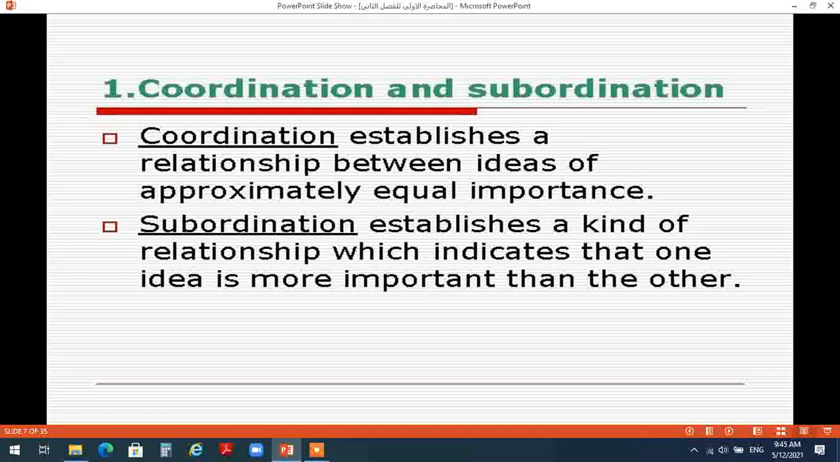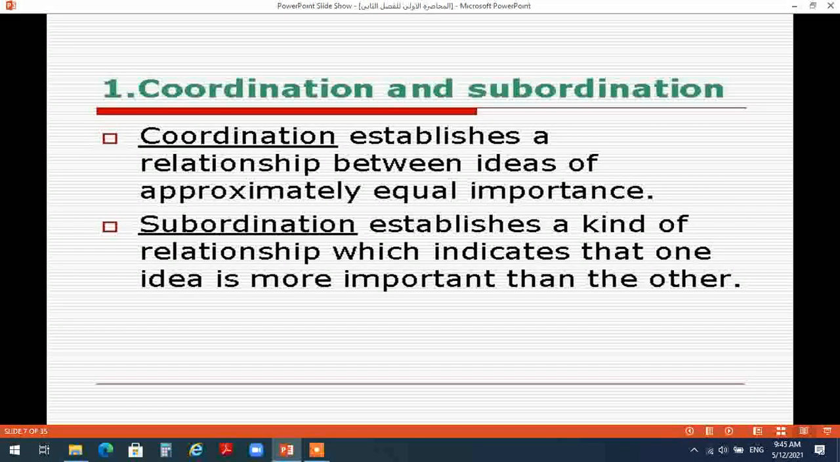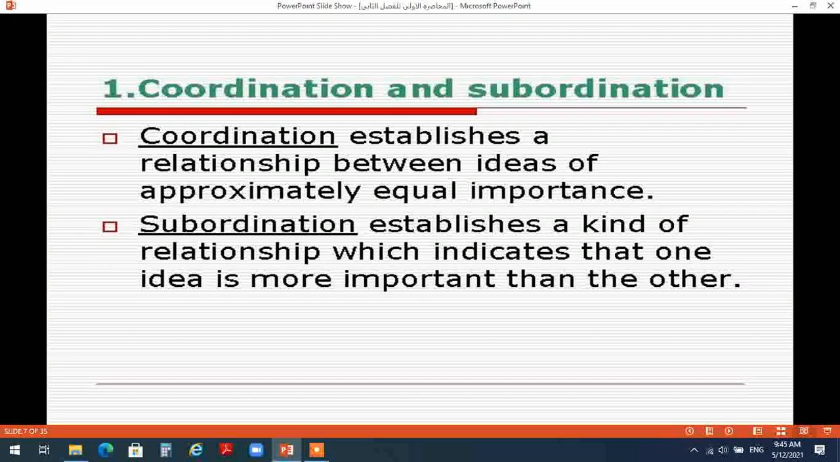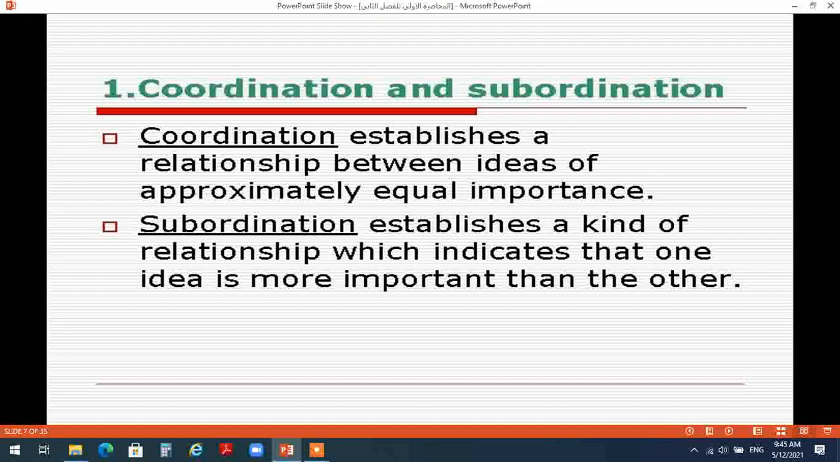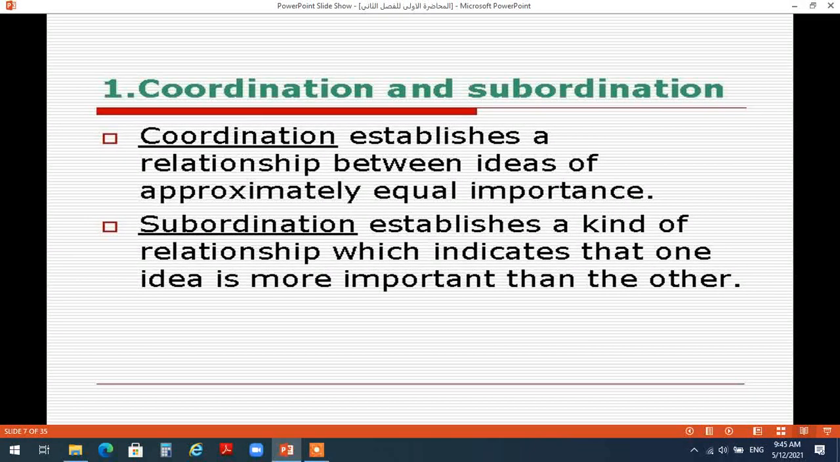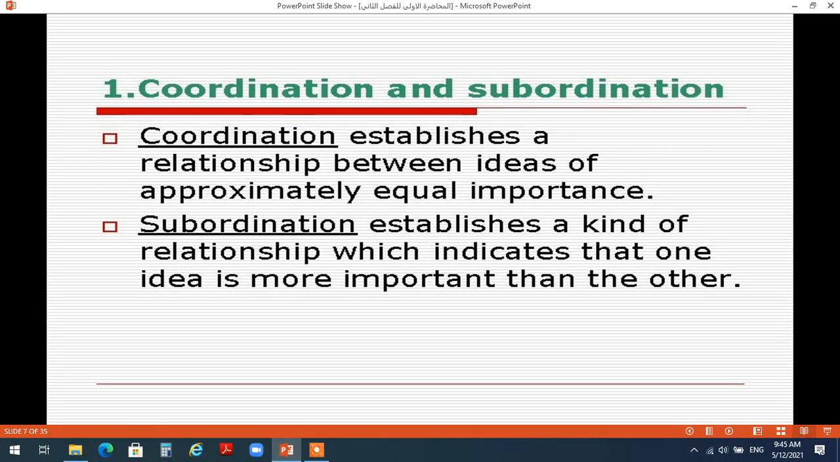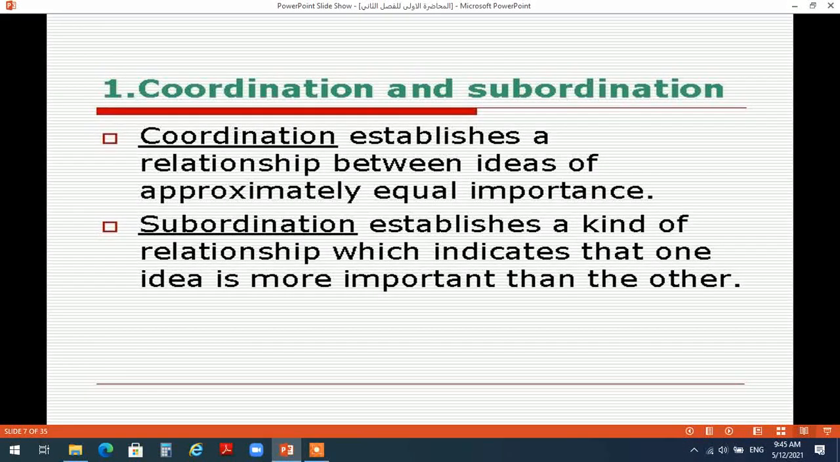So let's have some definitions of these two terms, coordination and subordination. First of all, we can define coordination as an operation or a process which establishes a relationship between ideas of approximately equal importance. إذن العلاقة اللي نسميها coordination